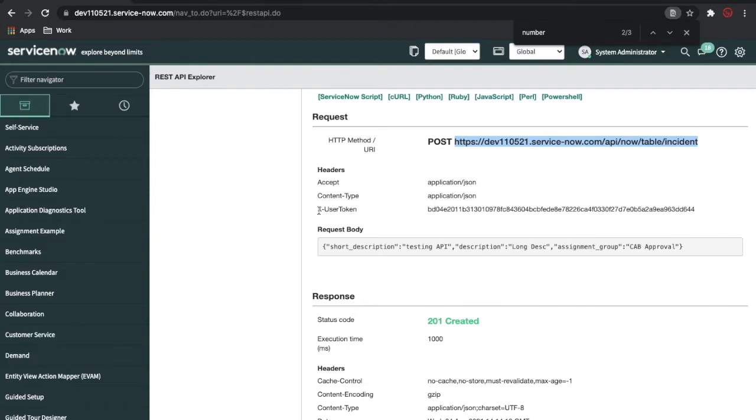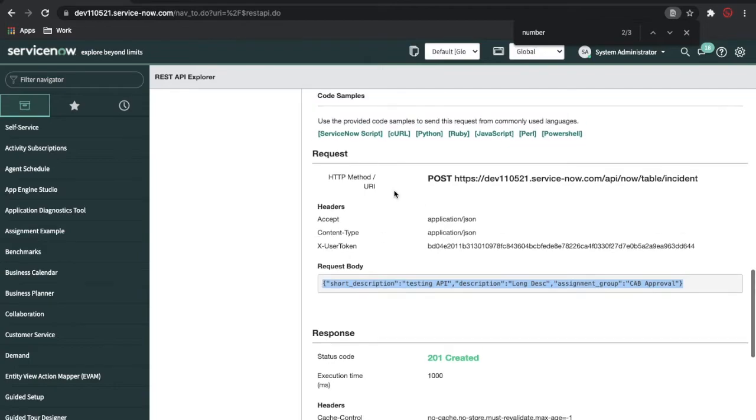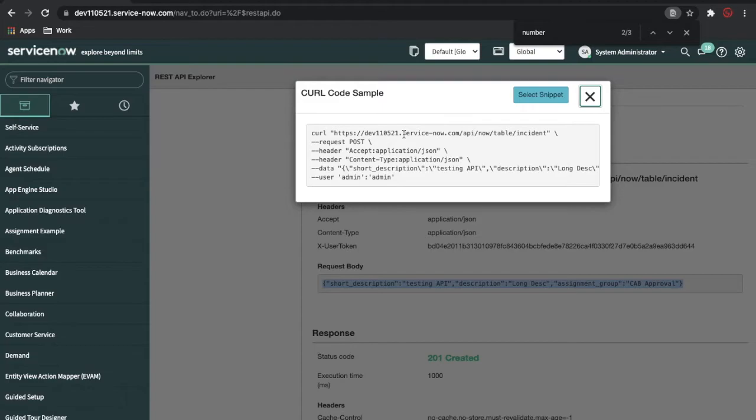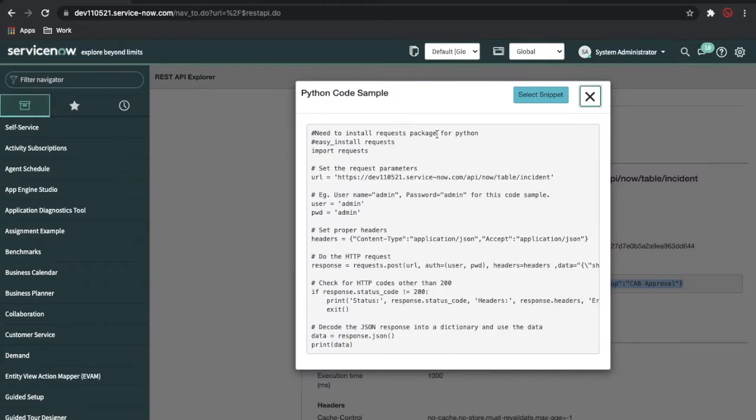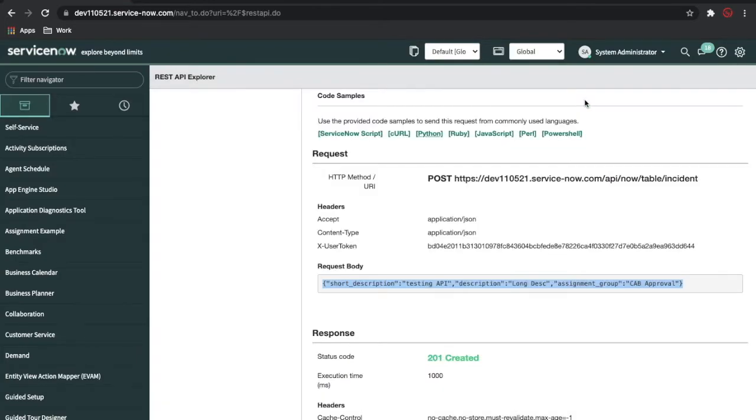You don't need to pass this X user token, and this is your request body that they have to pass as JSON. If they want to get the data from cURL, you can copy that and pass that to them. If they are using any of these platforms, you can just click there and it will generate a code, and then you can pass this code to them.